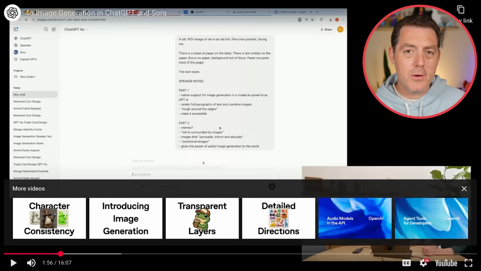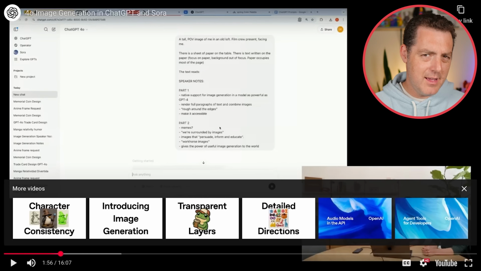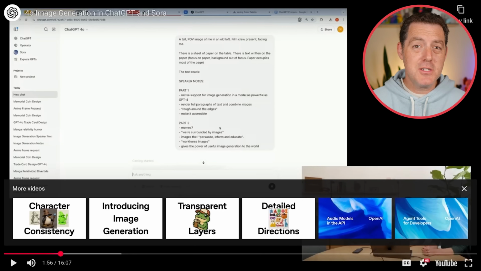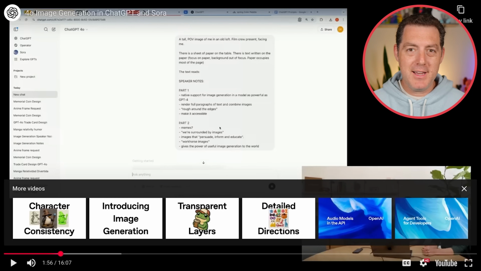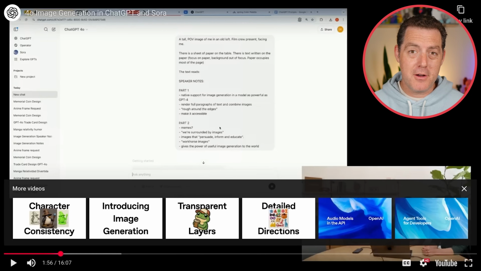So that's really an important distinction. This is native image generation in an LLM, a language model. It's kind of hard to understand. It should be diffusion. I'm actually not sure. I assume it has to be, but it's kind of this combined GPT-4o text-based model and an image model. Kind of interesting. I know essentially every other image generation model is a diffusion model, and they're kind of standalone in that. They don't also do text. A lot of models can now understand images, but not necessarily natively spit out images.